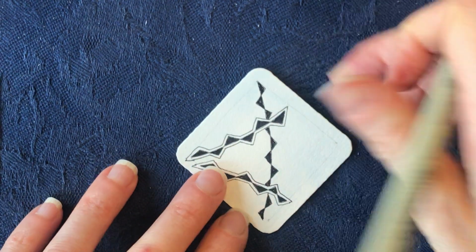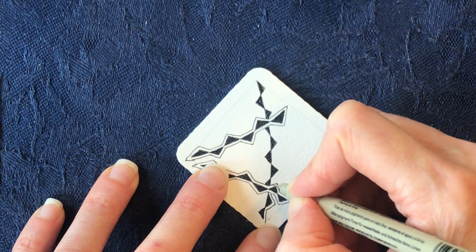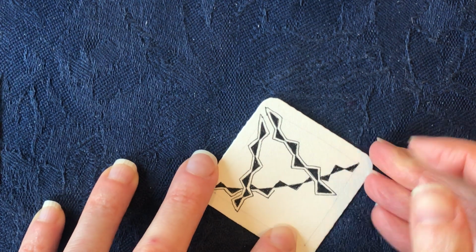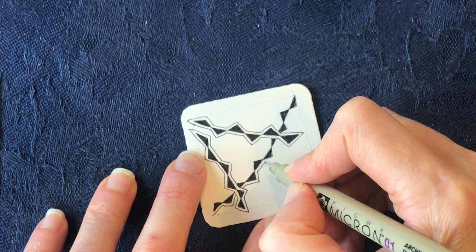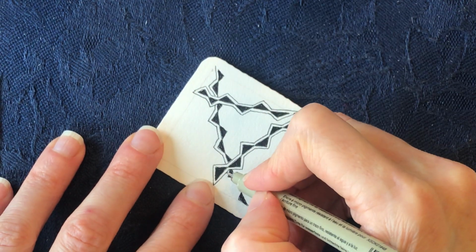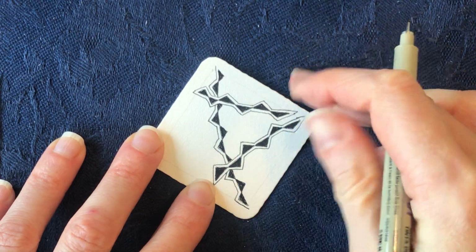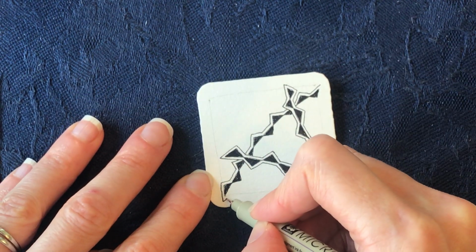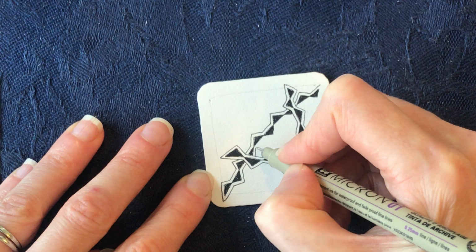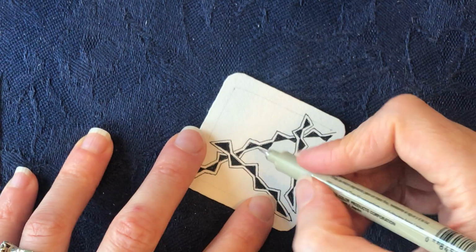Okay, so those are colored in, and once again I'm going to do my aura, and once again I'm going to be drawing behind, so you can see right there I'm going to go behind, and then I'm going to come back out over here. This one's got a lot of little jig-jags, so it makes it even more challenging to aura it. And now I'm going to come back going the other direction. And you can see how they really look like they're layered and are really standing out from each other